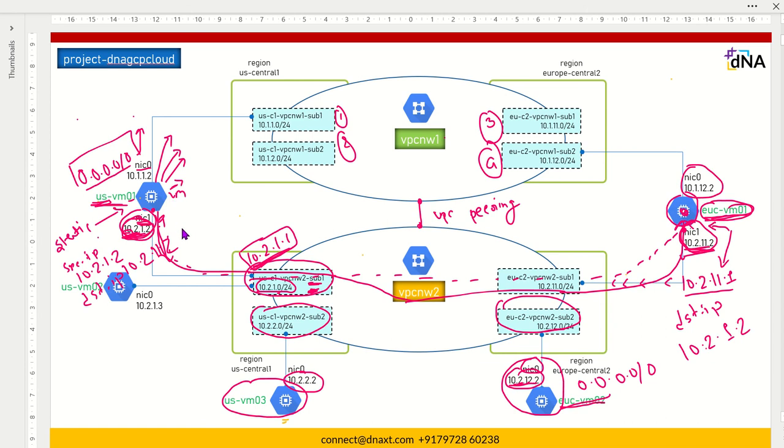It has 2 NICs. Now you have added a route for this subnetwork. You have added a route for this subnetwork. You already have a connected route. Why? Because this NIC1 belongs to this subnetwork only. Now, if you try to reach 10.2.2.0/24, you will not be able to ping. Why? Because it will match with the default route. You must add a specific route for this subnetwork